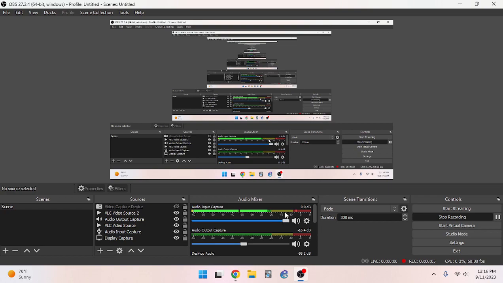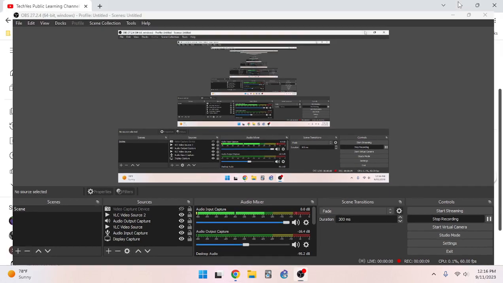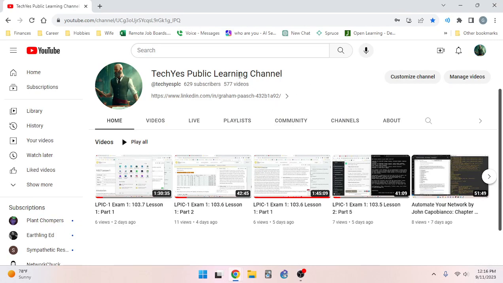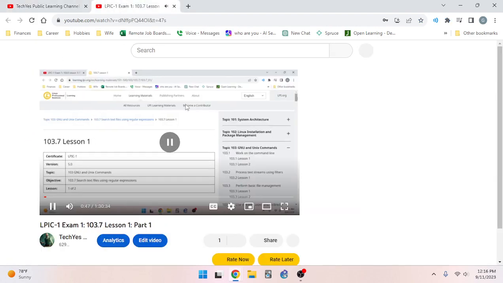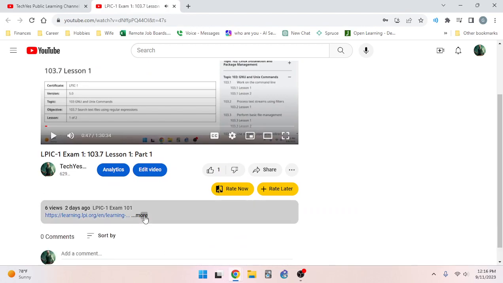Mic check 1 2 1 2. We did go into the red a bit, but I don't know. I think too loud is probably better than too quiet. Too loud, you can turn it down. Too quiet, there's a max. So I'm going to keep it as it is. Last video, which was 2 days ago. Sorry, my production has been not quite what it used to be, but